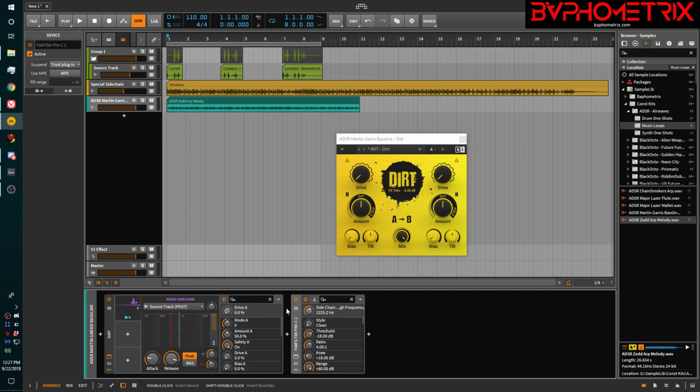So then what you do is, you select the knob you want to manipulate with the sidechain, and that pops it to the top. Where's dirt? Right here. This is dirt. It pops it to the top. If I pick a different one like tilt, see how tilt has popped to the top. So you don't have to worry about anything except clicking the knob you want to manipulate, and then you drag this sidechain controller over here and say, well, what do you want it to do? Let's kick it up to like,